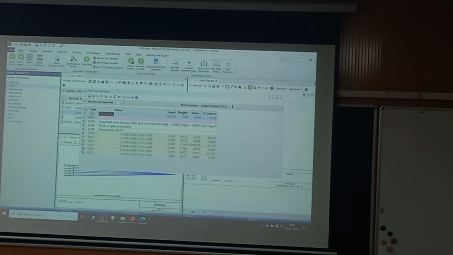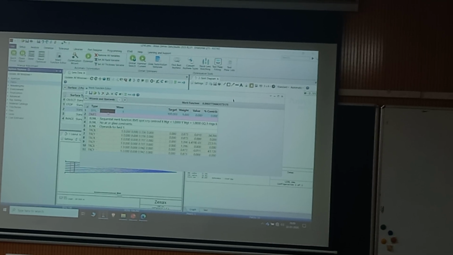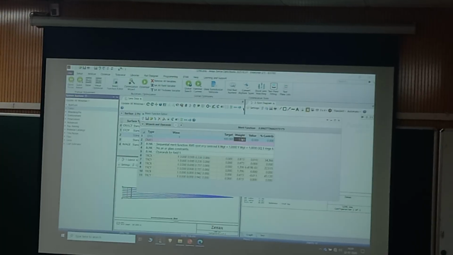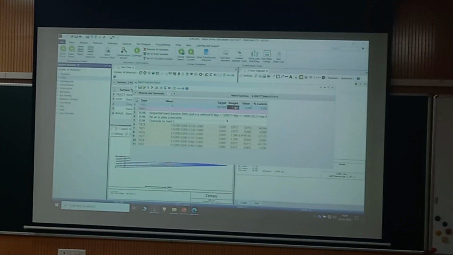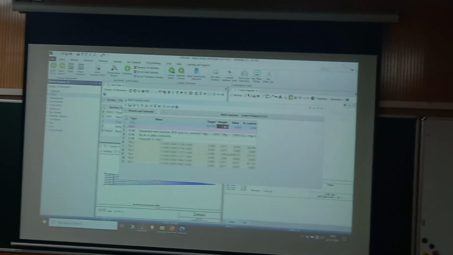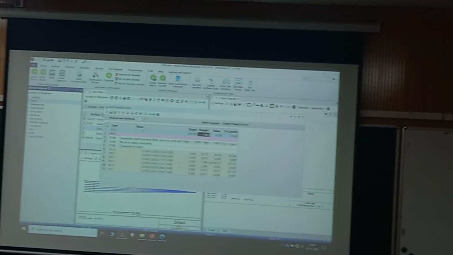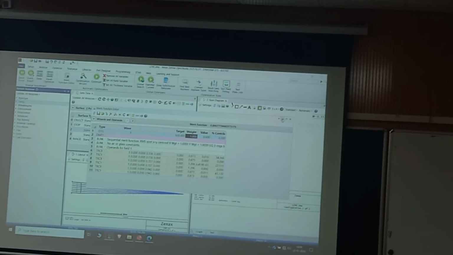Then I defined one operand called EFFL. So I'm constraining the system focal length using the effective focal length operand. Target is 100 and weight is 1. Weight 1 means I'm giving it importance. If the weight is 0, it has no significance, it's just defined and its value is displayed. But if I define some weight for it, it is a significant thing and needs to be considered during the optimization process. So with this, I hope you are all synced in.